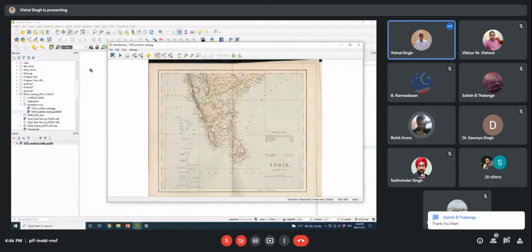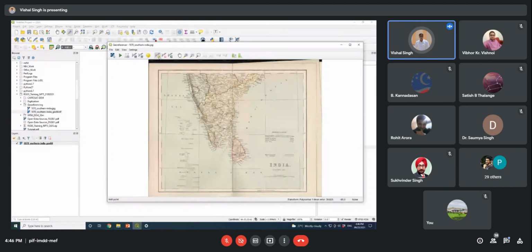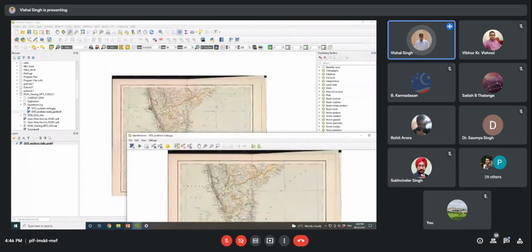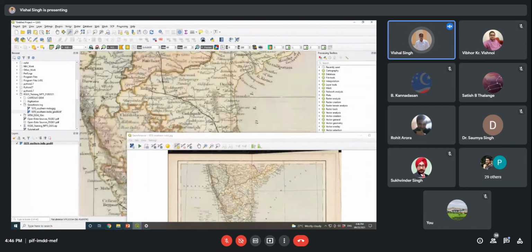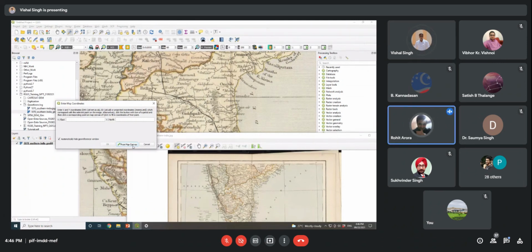So now simply what you can do, first go to settings and put the transformation setting as you have already seen, and after that click on add points. Then first you need to add the points here, on any particular point. Now you can see here, suppose I am putting the point here, and here you can see the option coming: from map canvas.